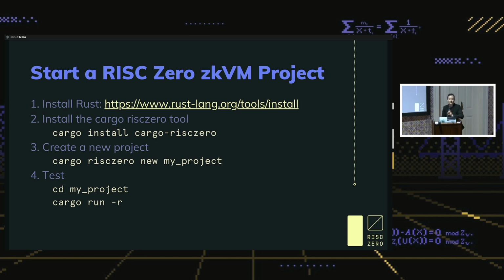And while folks are getting that set up, in just a moment, I'm going to talk to you about proving with a virtual machine and generally how our system operates. But I want to give folks time to